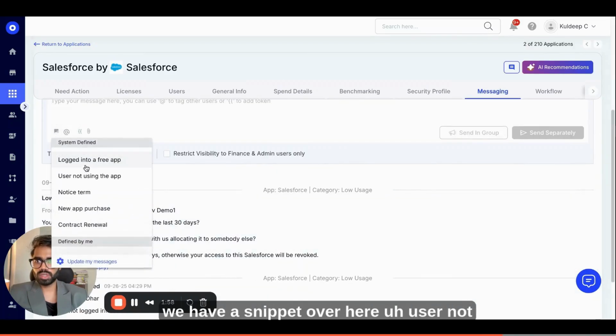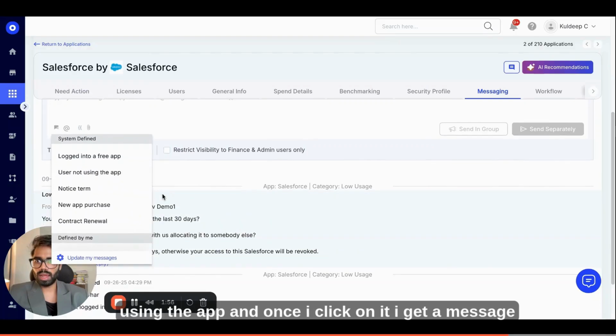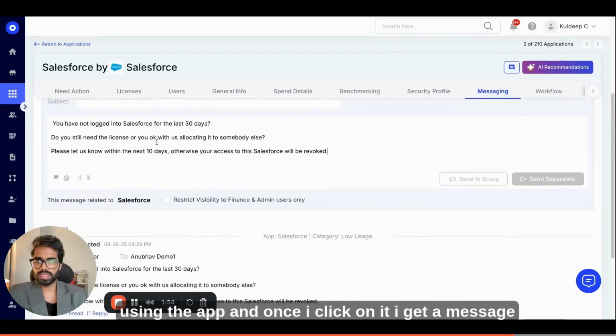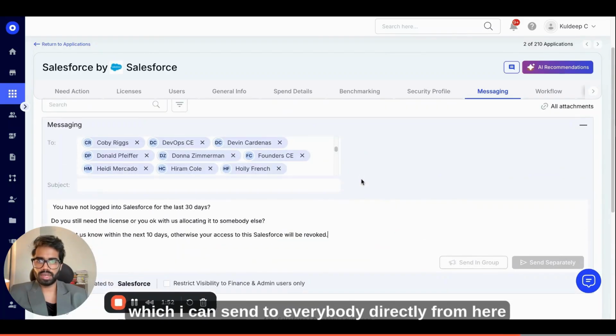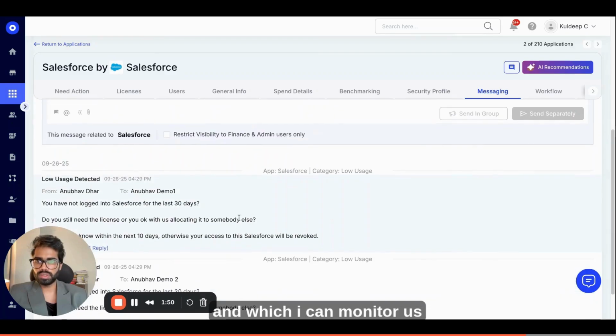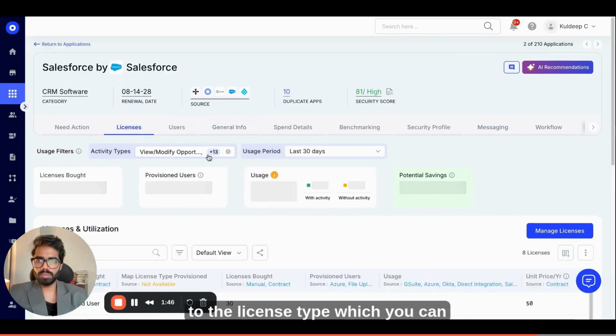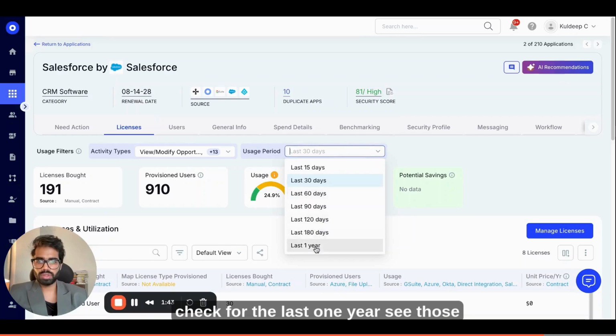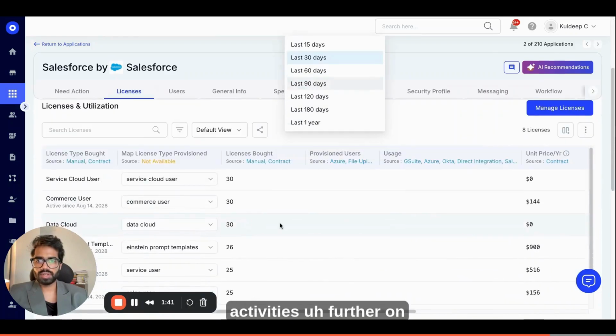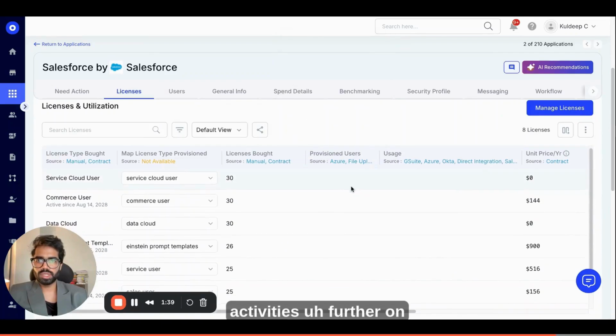We have a snippet over here, user not using the app. And once I click on it, I get a message which I can send to everybody directly from here and which I can monitor directly, right? Going back to the license type, you can check the last 1 year and see those activities. Further, on the